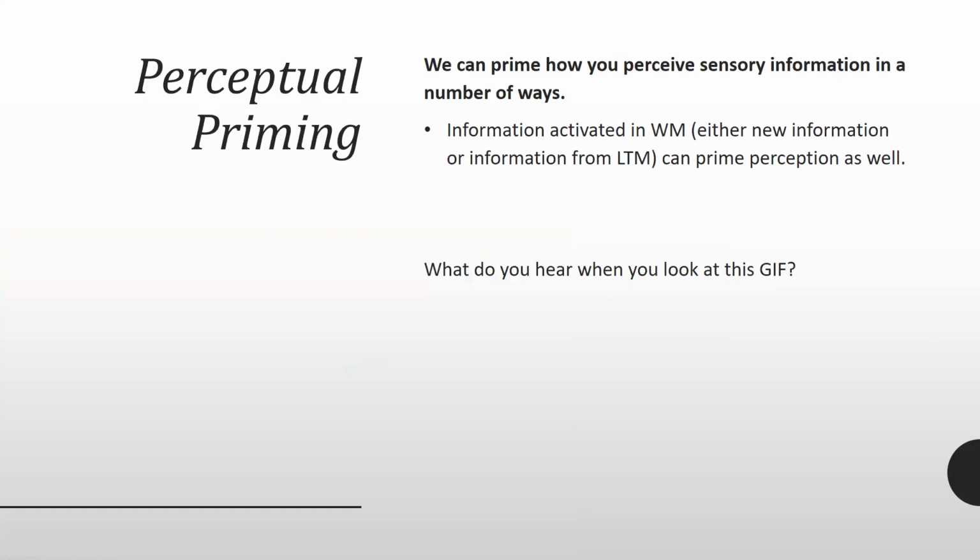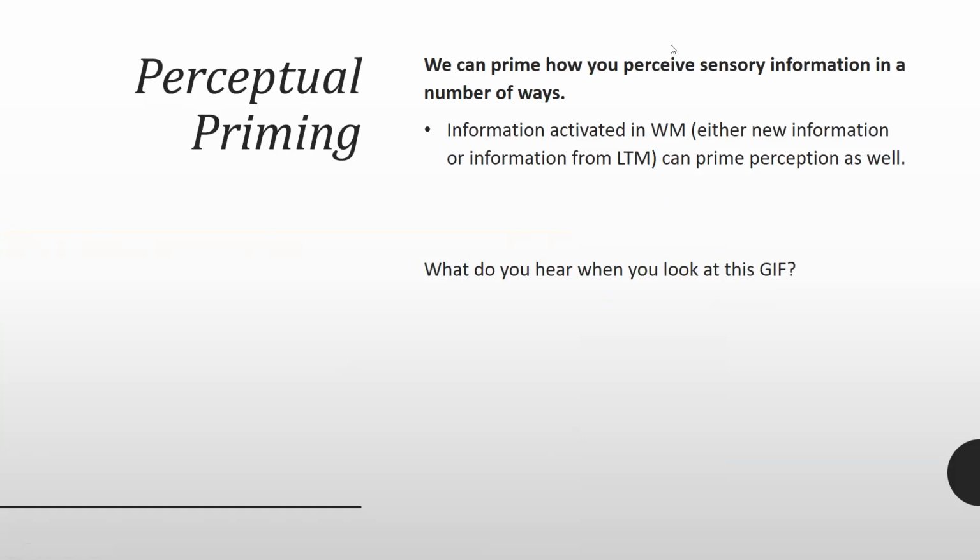But if there is no context to help fill in the blanks, or it might not be there, your perception will actually use your long-term memories and what you already know to fill in the blanks. A lot of times you will perceive what you are expecting, even if that sensory information isn't actually there. So let's look at this quick